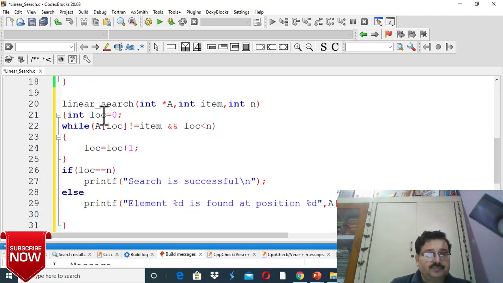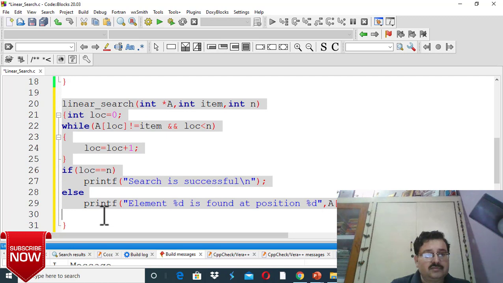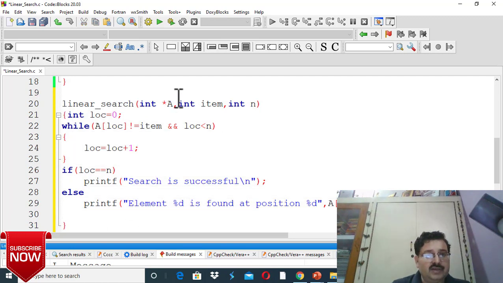And finally take the printed array. So in this linear search function, we are passing the base address of the array, the item which we want to search, and the size of the array. Int loc is equal to 0, while array at loc is not equal to item, we are comparing this item with each and every element of the array. So loc is starting from 0, so we compare this item with the 0th element, then first element, then second element, until loc is less than n.